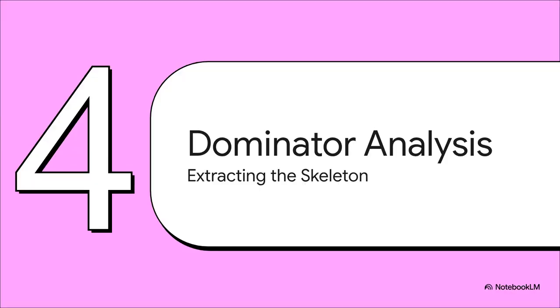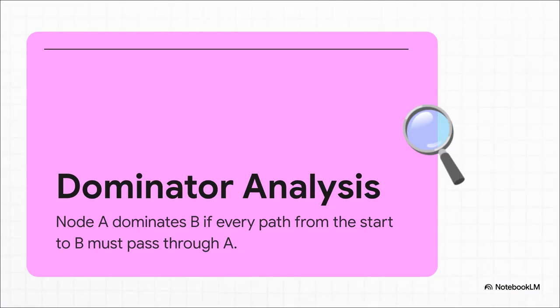All right, Section 4, how Dominator analysis works, extracting the skeleton. So what's the actual technical magic that lets us extract this skeleton of truth from a bunch of different valid agent paths? To figure out what's essential versus what's just optional, the researchers applied a concept straight from compiler theory called Dominator analysis. Mathematically speaking, in a control flow graph, node A dominates node B if every single successful path